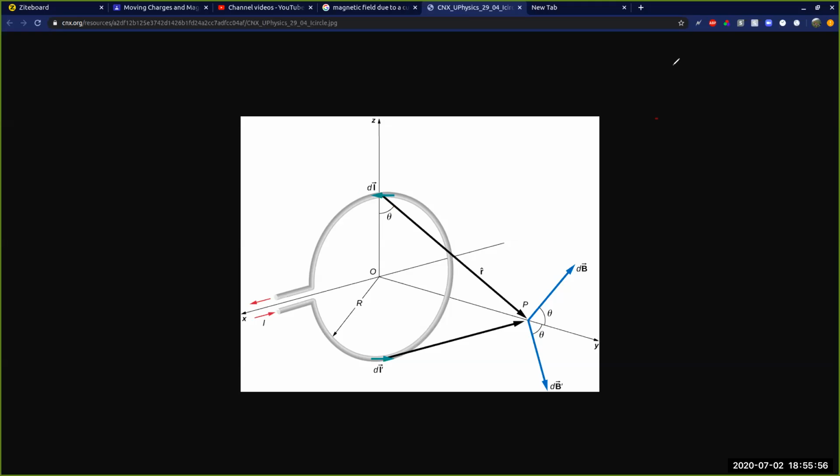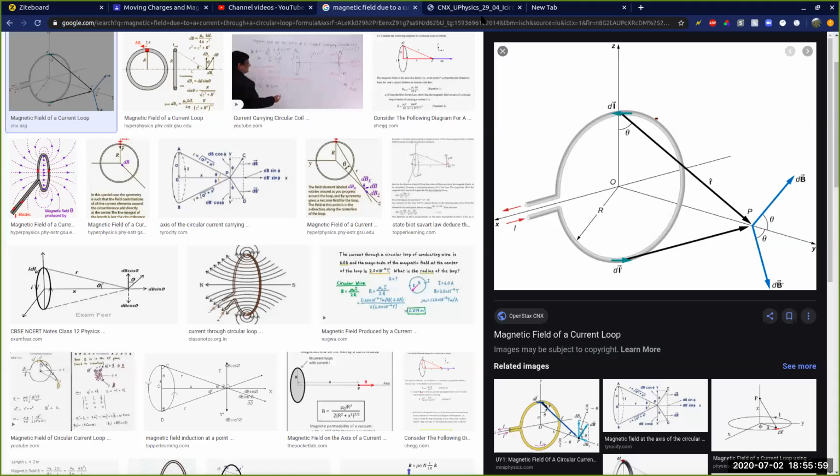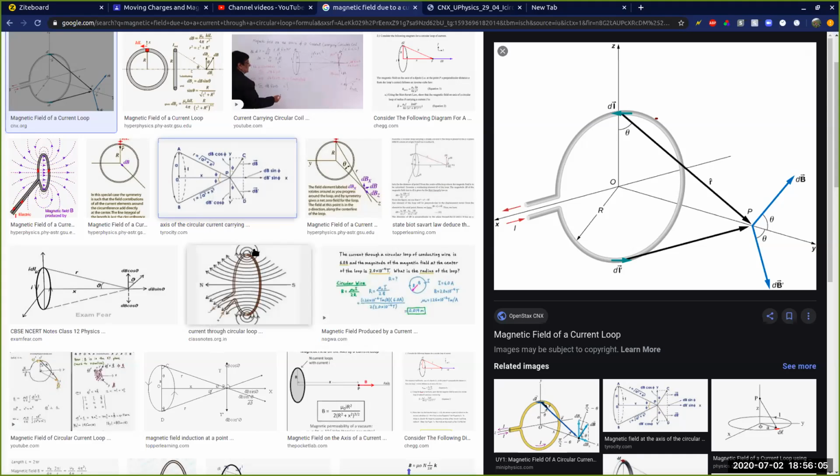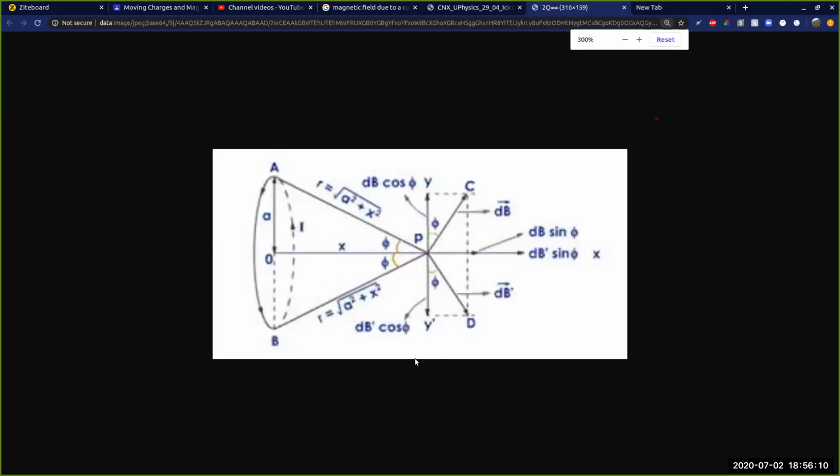If you still don't understand from this diagram, I think this diagram should make it clear. Try to see this diagram. See, in this diagram, the Idl element is coming out of this plane, right? Yes or no? Coming out, right? And this is the R vector. So if you do something which is coming out of the plane, straight towards you, the Idl cross R will go like this, and you can shift it. Understood or not?